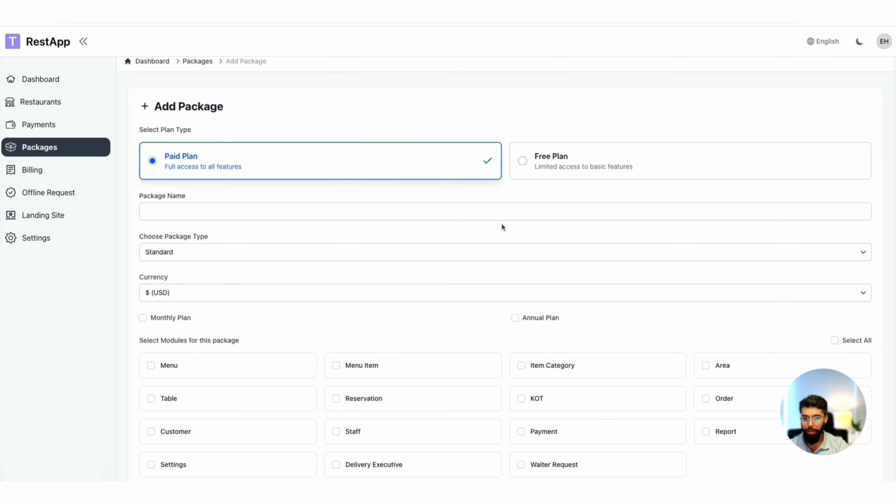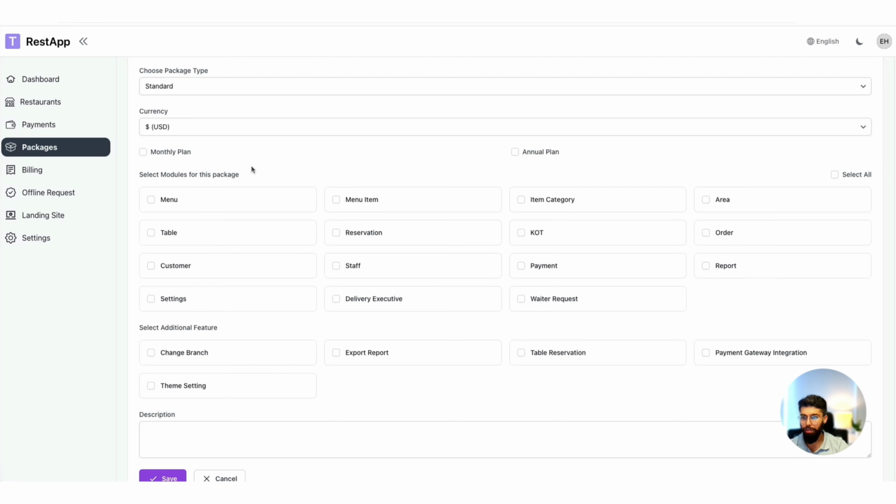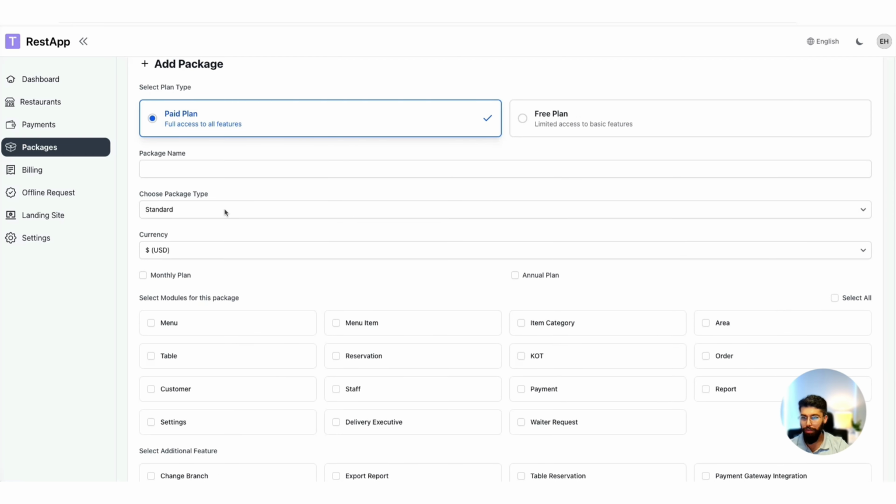Now when we add a package, there is one more option which I forgot to tell you. It's the